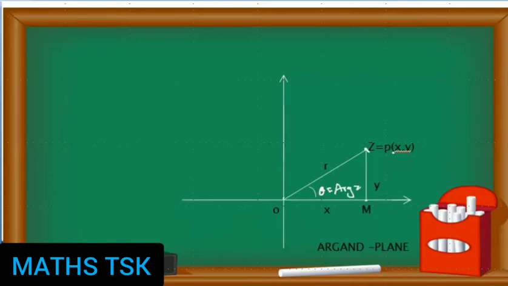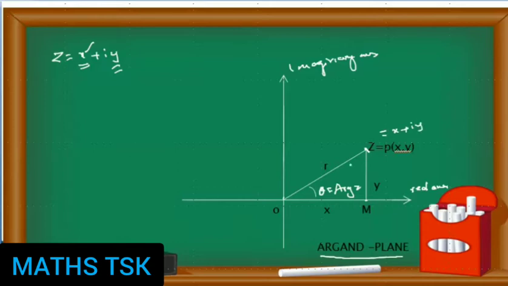This is the z in (x, y). This is the Argand plane. Argand plane means the x-axis is taken as the real axis and the y-axis is taken as the imaginary axis. So z is equal to x plus iy is a complex number. The x values are taken on the x-axis and the y values on the y-axis. When y is equal to 0, on the x-axis, we call them real numbers, so real axis. When x is equal to 0, we call them imaginary numbers, so imaginary axis. So z is equal to the point (x, y), nothing but the complex number x plus iy.